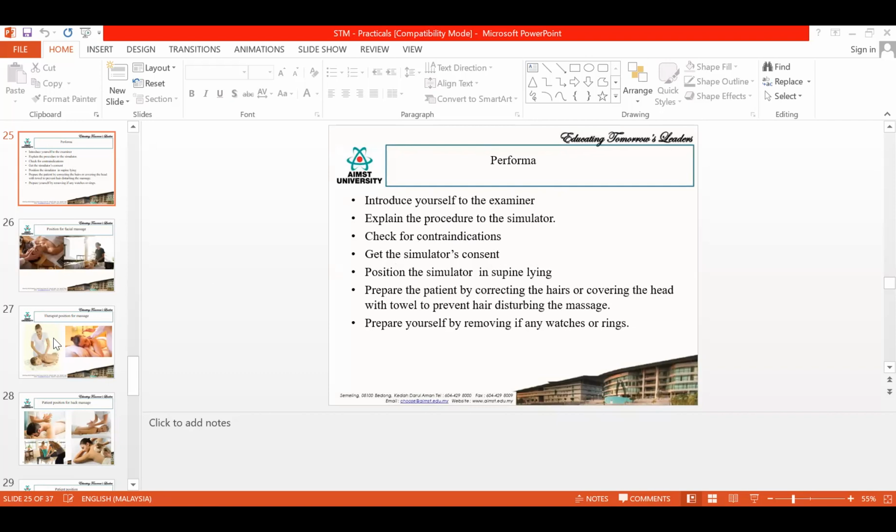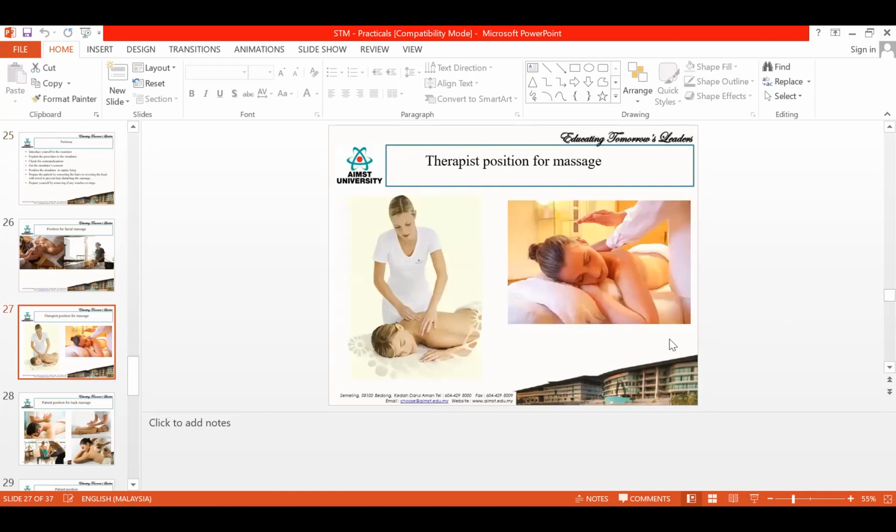In case you are positioning for the back, you need to position like this. This is the method to position. You need to position the patient in prone lying. You can give a pillow under the chest in this area. You will know this, right? In the previous semester you learned about the fundamental positions, where they would have taught you how to position the patient in prone lying. So you are supposed to position the patient in that particular position.